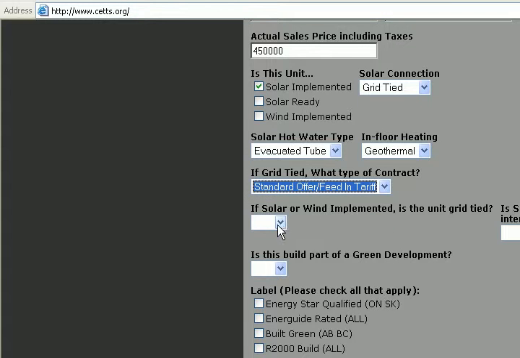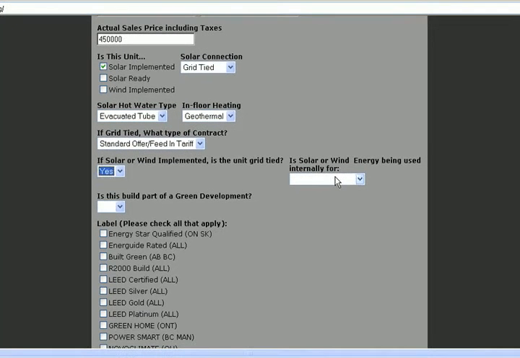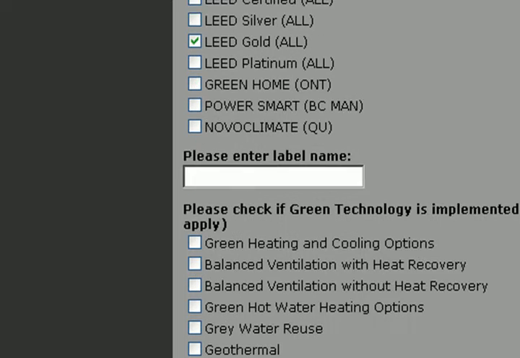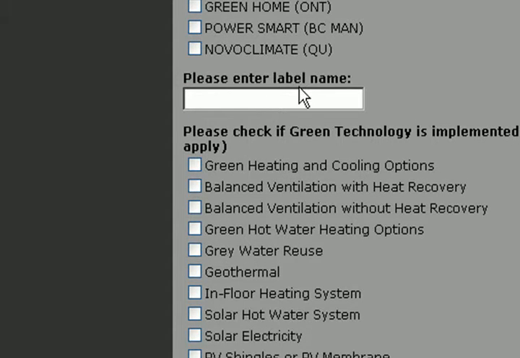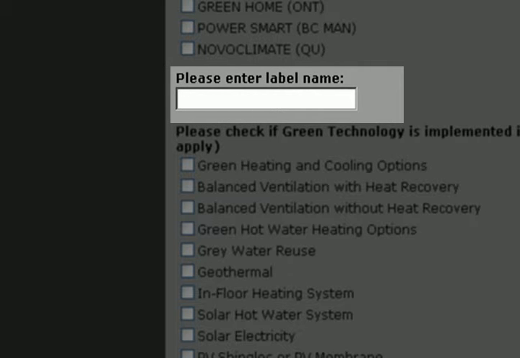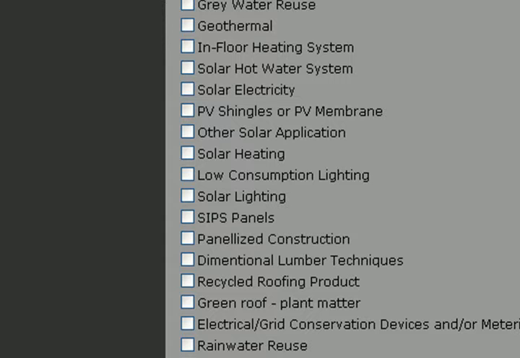And if solar or wind implemented as the unit grid type, we have to say yes here. And is solar or wind energy being used internally for both? Is this part of a green development? We'll say yes. And then what we will do is spend the next couple of minutes identifying the various labels that it qualified for, or if there's a new label or a label that's not listed, you would enter that label here. And then we will go ahead and check off all of the technologies that